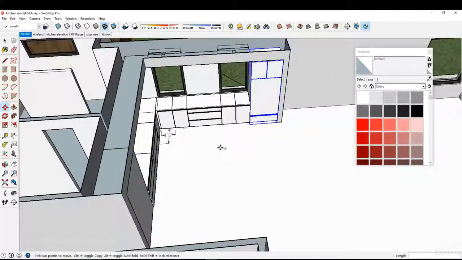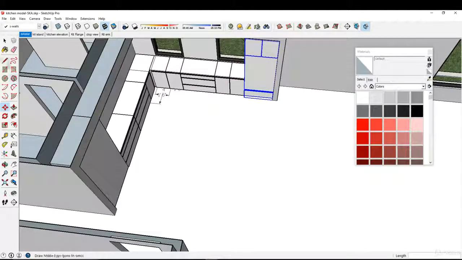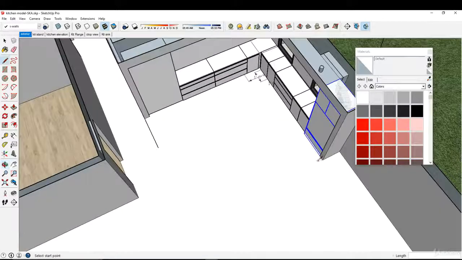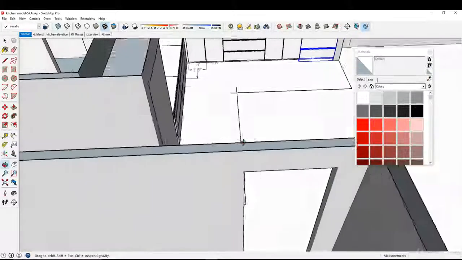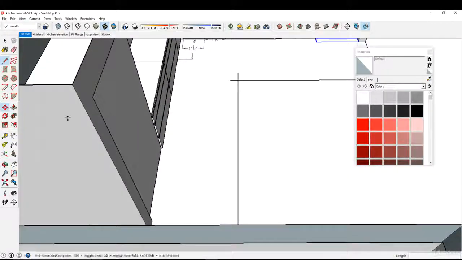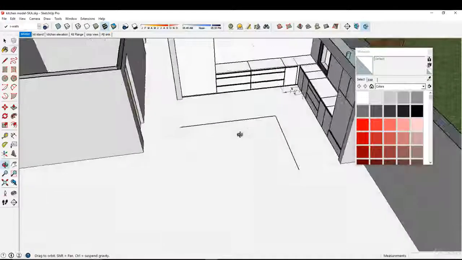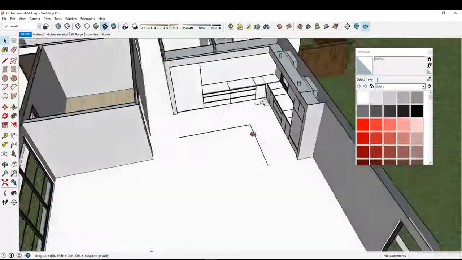Now we do also want to lay out our island. So to do that, I'm going to first see how much space I have here. I'm going to give it a clearance of at least 4 feet. And on this side as well, let's go 4 feet. And let's see what that looks like. And I actually want to give it maybe a little bit more space. So let's go over an extra foot. All right, so that's basically the corner where I'll start my base cabinets,